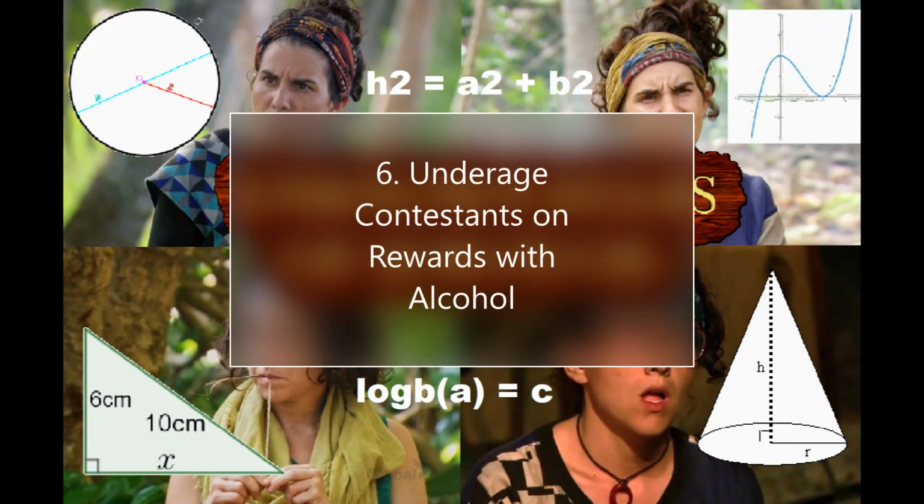But there have been a number of underage people who play Survivor, and more recently these people have decided to deliberately lie about their age, as they believe it ruins credibility. For example, Michael in Ghost Island was an 18-year-old, but he was playing as a 23-year-old in the game. In Survivor Millennials vs Gen X, Will was playing openly as an 18-year-old, and when he went on rewards with alcohol, Jeff always clearly stated that he was unable to drink at these rewards and he had to stick to